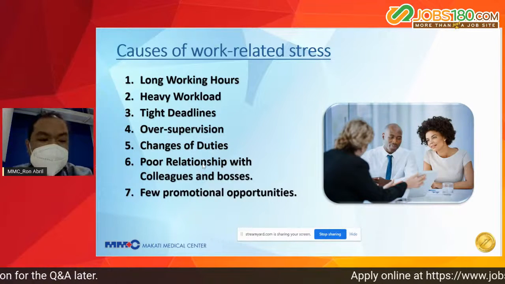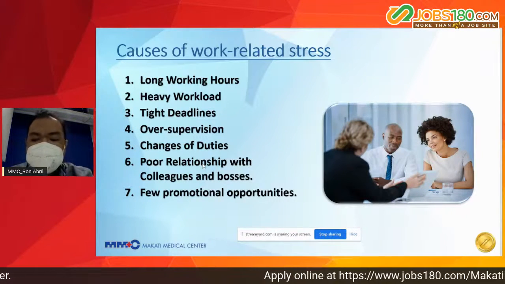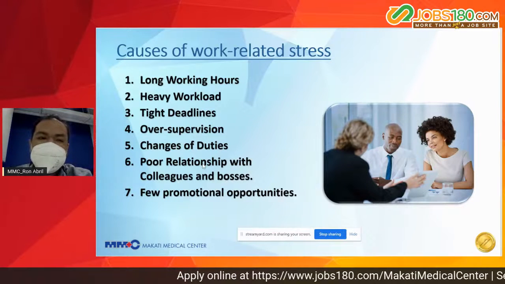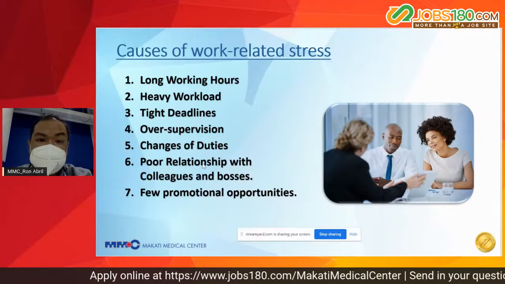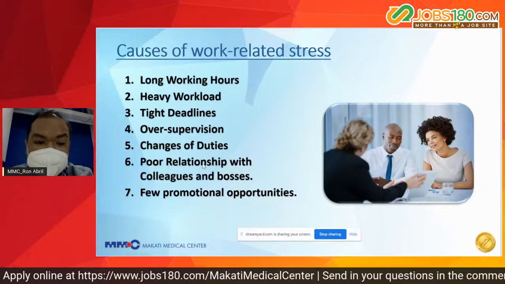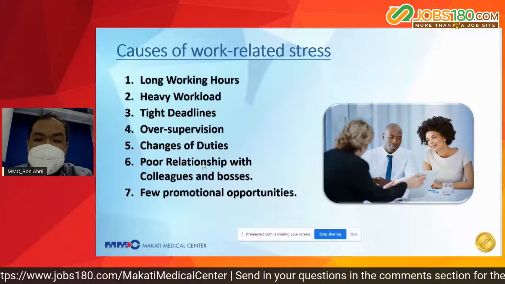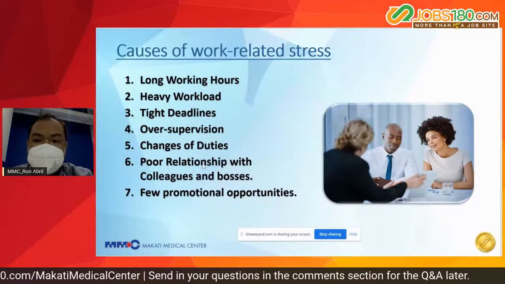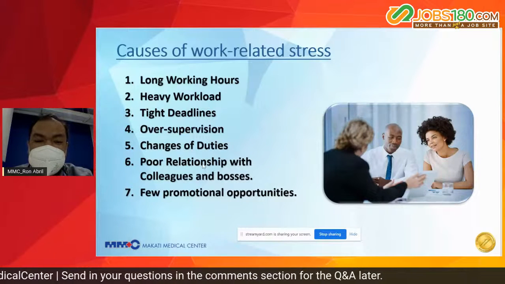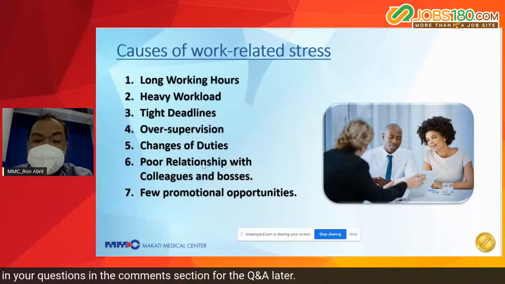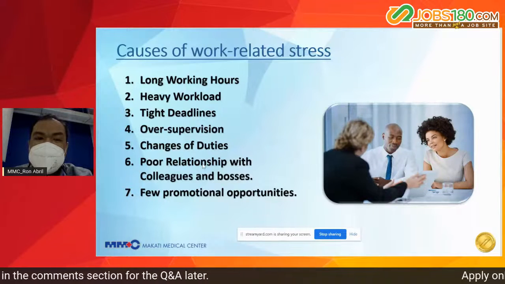Number 7, few promotional opportunities. Usually, ang mga nakaka-encounter nito yung mga sobrang tagal na or tenured na sa company and yet hindi pa rin sila napopromote, or nai-increase or na-align yung position nila sa kumpanya. So in return, syempre ang